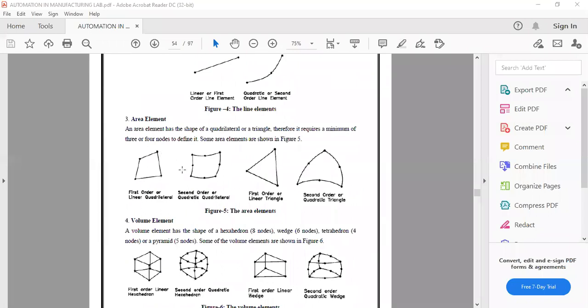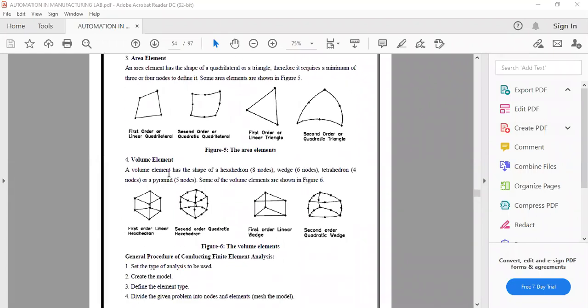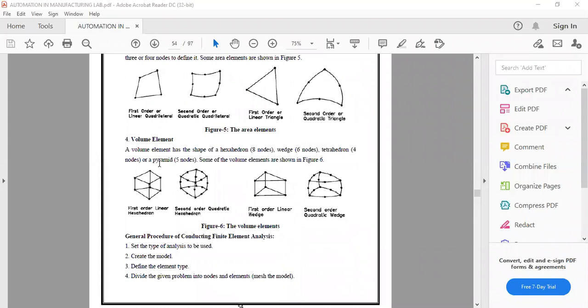And then you have area elements, 2D: quadrilaterals, triangles, and second order of them. And then 3D elements are the volume elements. If you want to analyze 3D components, we mesh them into simple 3D shapes like the hexahedron, first order or second order, or this wedge shape.